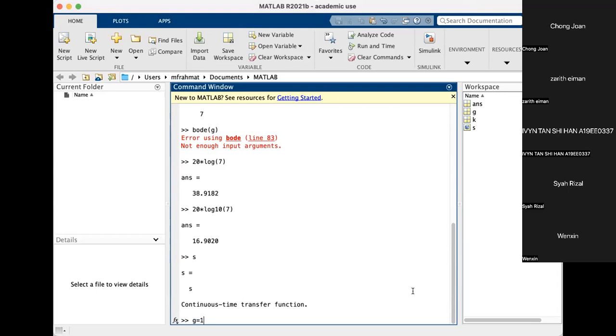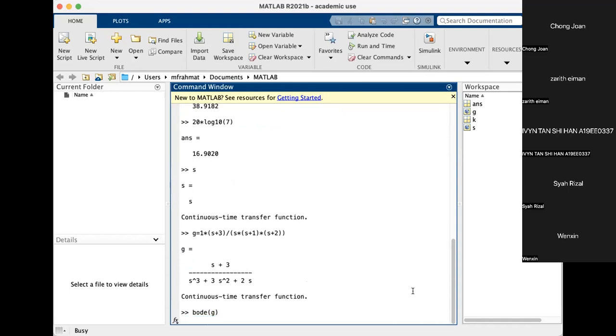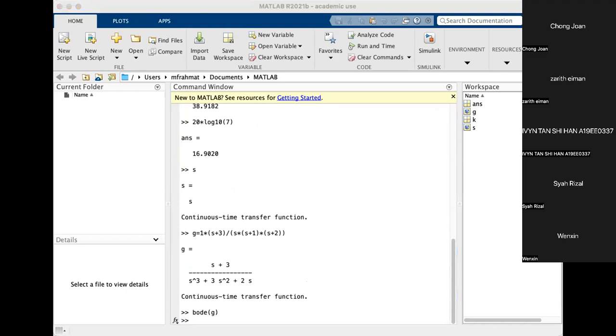So K is 1 multiplied by S plus 3, then divide by S, multiplied by S plus 1, and multiplied by S plus 2. Okay. So both G. Okay. So you get the